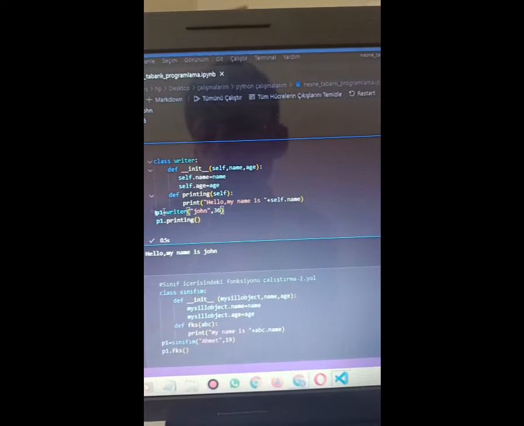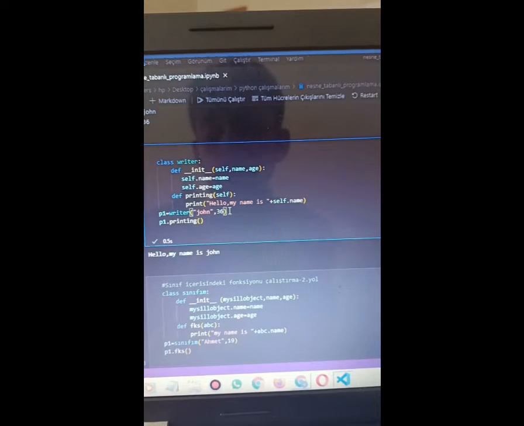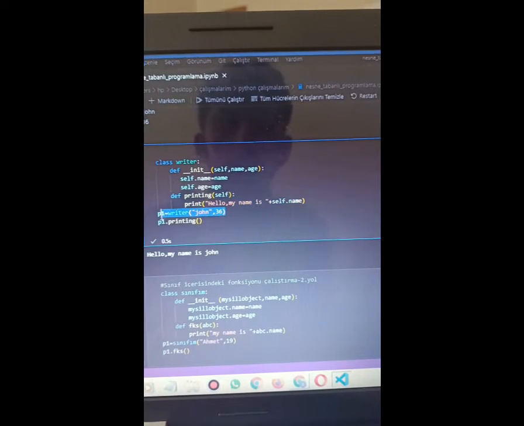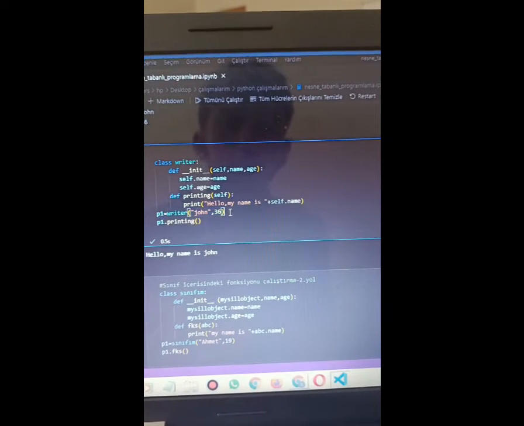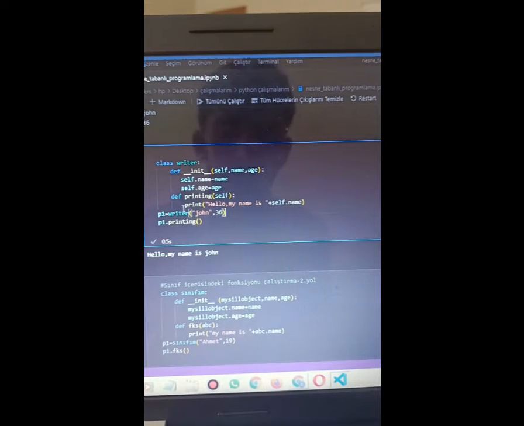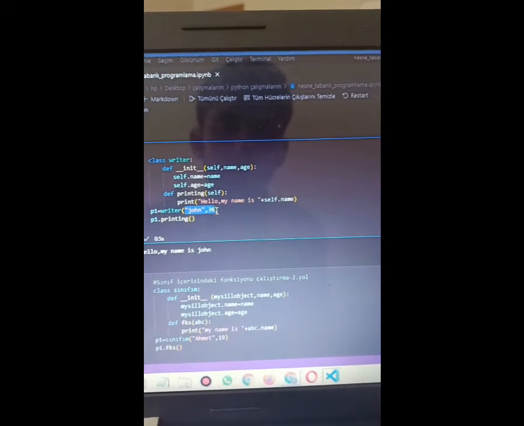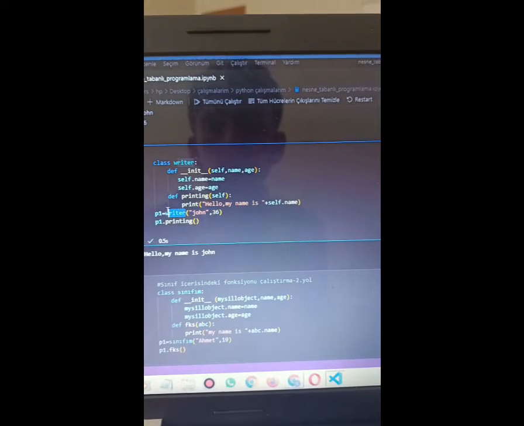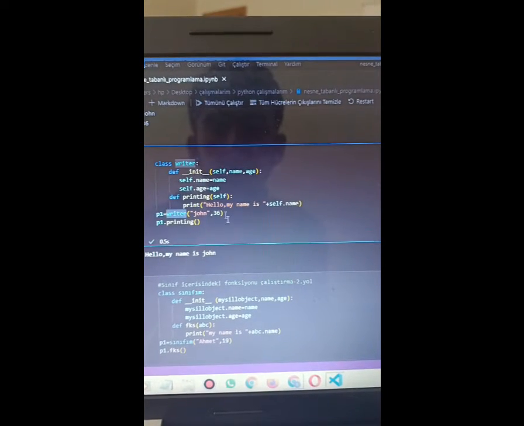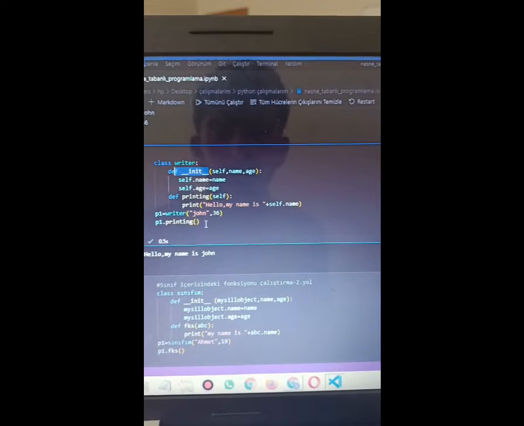John and 36 are parameters for the init function.